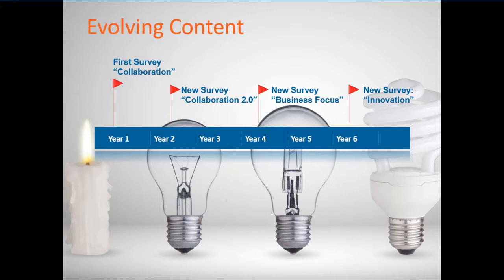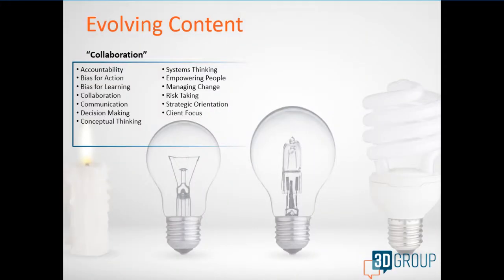and the features, but actually changing the survey to reflect what behaviors that leader needed to see to move the culture where he wanted it to go was very, very important. So just to give you a flavor of what that evolution looked like. The first bit was around collaboration. So this is the set of competencies that we used, and it included things like systems thinking and certainly collaboration,